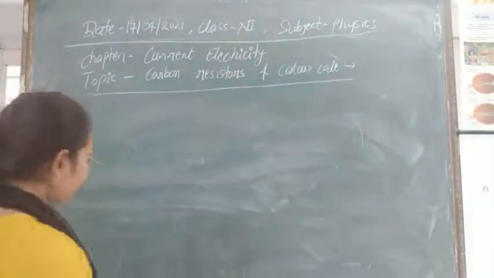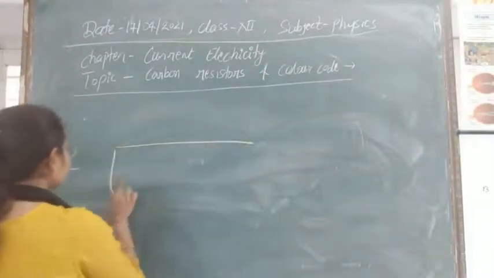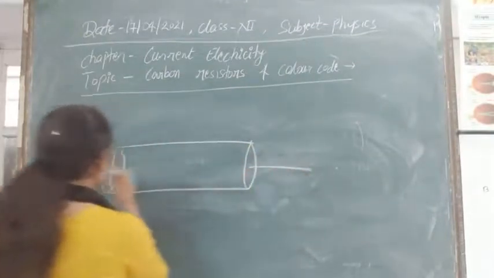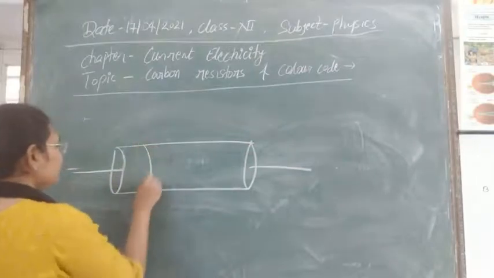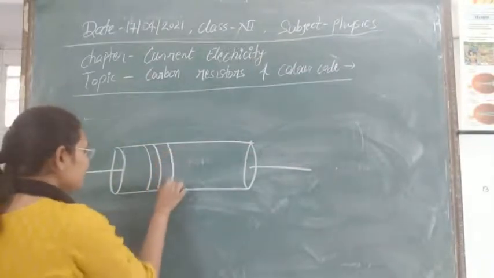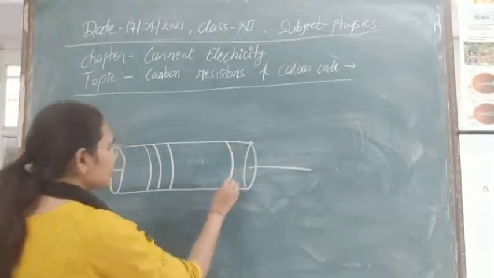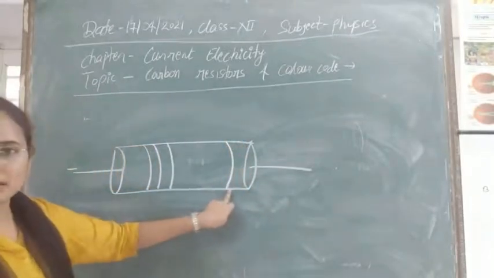And now in the same case, if we have one more band that is shown on the carbon resistor. So this is our carbon resistor. In this case, we have those 3 bands given to us, and one band of little thickness that is given at a large distance here.